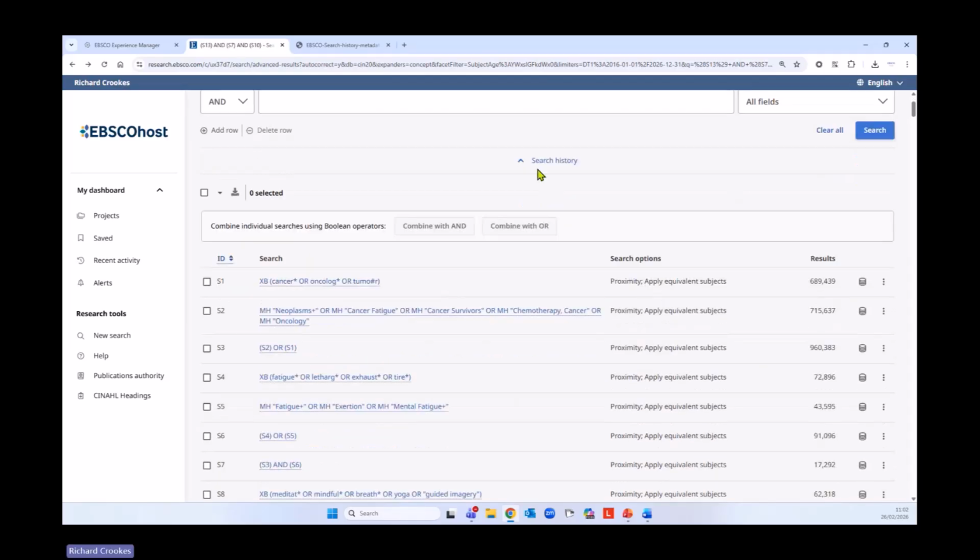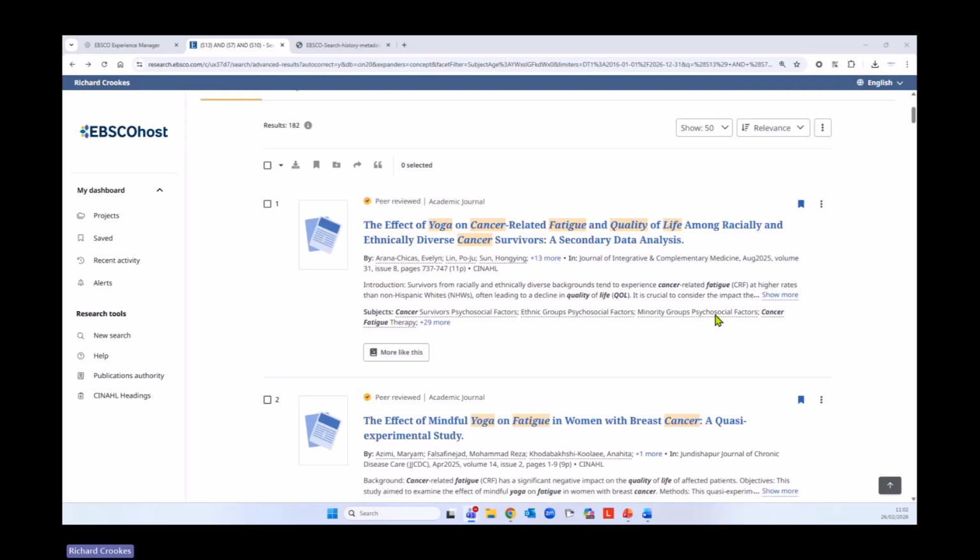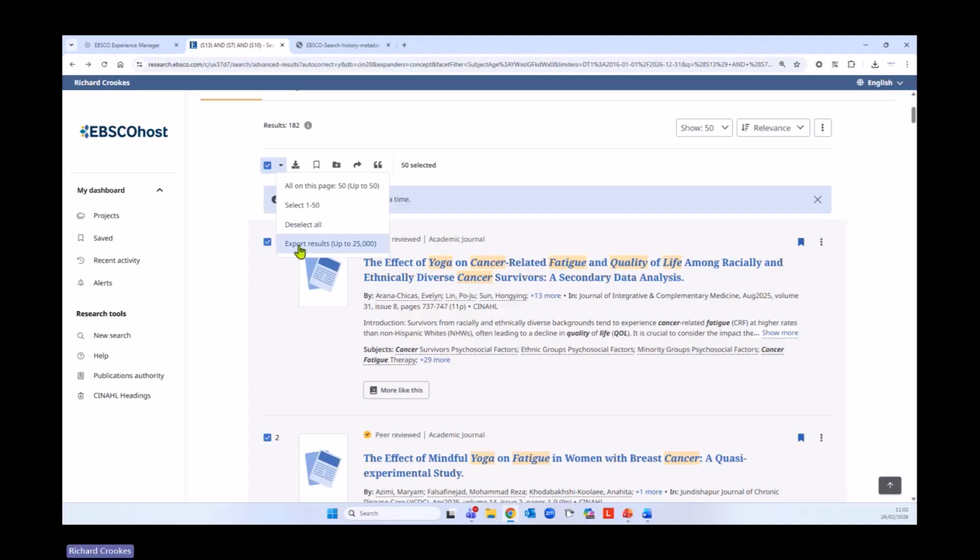But what I'm going to do, actually, I'm going to hide the search history here. Again, I'm going to double check if there's any questions or comments coming from this session at the moment. I don't see any. So again, please feel free to post any if you have any. But what I can do here, I can export these. So we looked at direct export individual records, but we can also select here and then choose the export results